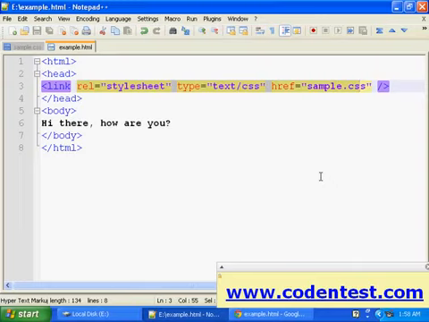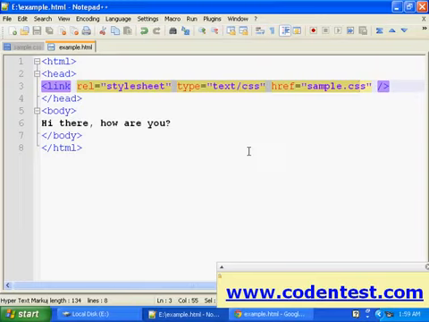This is the best way to insert CSS code: to write CSS code in a different file and then refer to it in the HTML code. This is ideal when the style is applied to many web pages. Usually web designers will change the look of an entire website by changing just one file. So it's highly recommended you use this method, that is, writing CSS code in an external file and then calling that file in the HTML file.